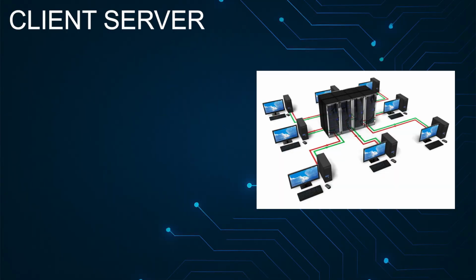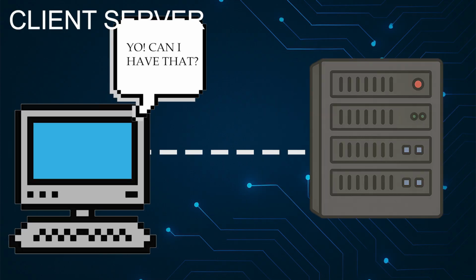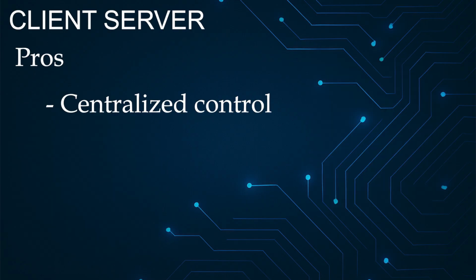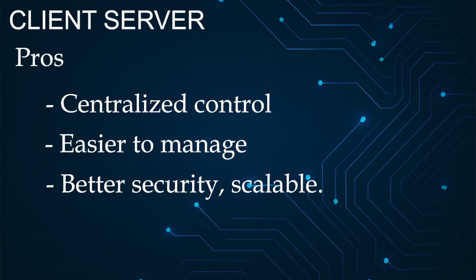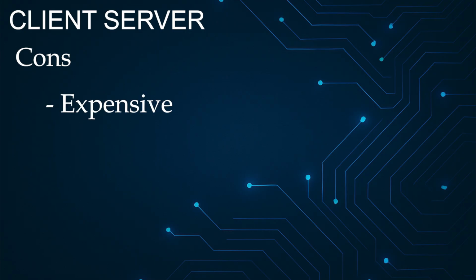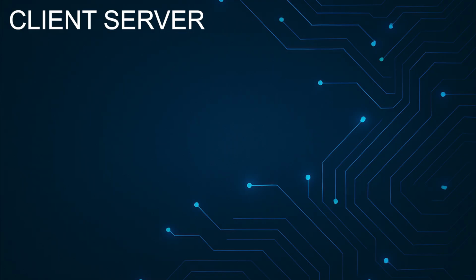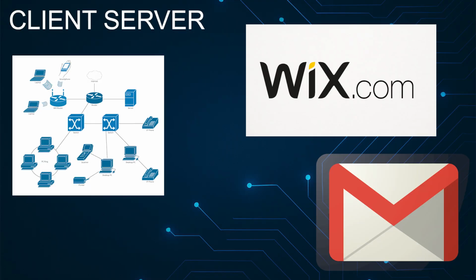Client-server networks are overall structured as a central server that stores files, manages applications, and controls security. Clients request resources, and the server responds. Pros: centralized control, easier to manage, better security, scalable. Some cons: expensive, requires maintenance, it's a single point of failure. Some examples would be corporate networks, email servers, and websites, where the server hosts the data and the browser acts